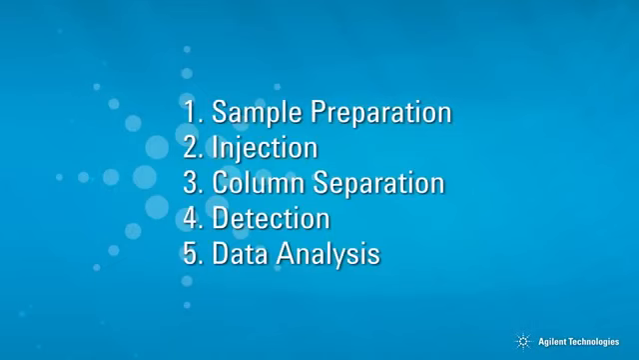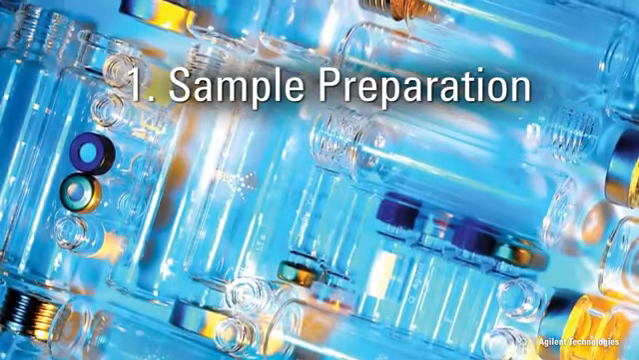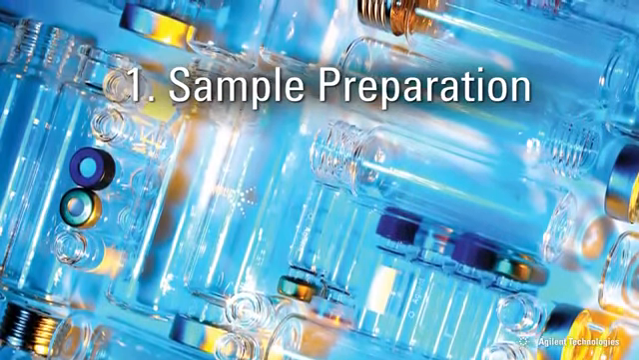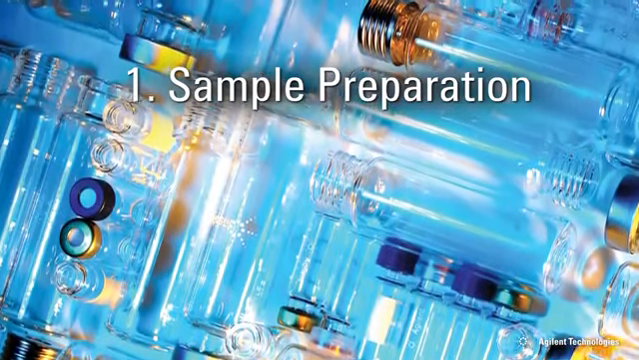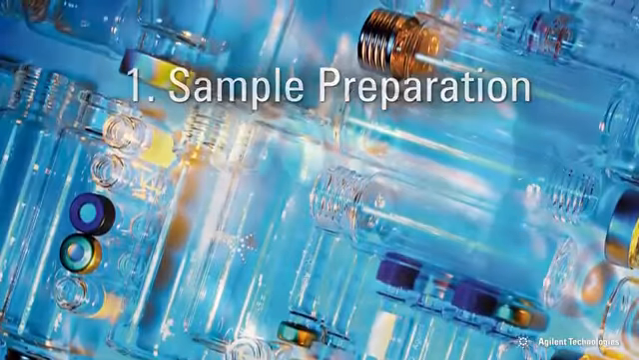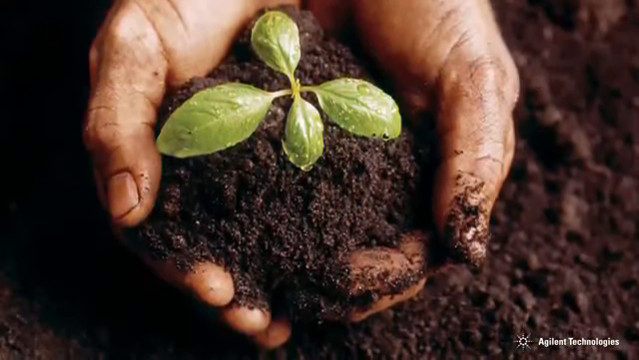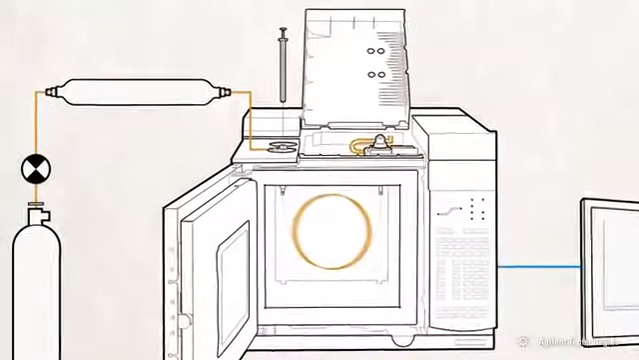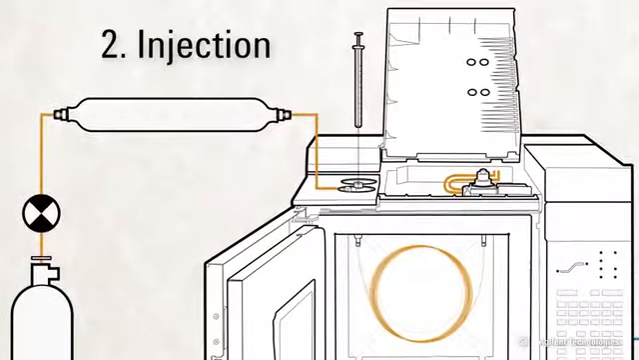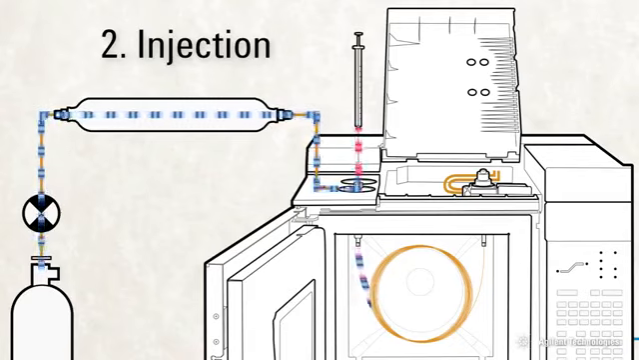The entire GC analysis cycle can be divided up into 5 steps. The first step deals with sample preparation, which is often the most time-consuming step, depending on the complexity of the sample matrix. An example of this step is extracting pesticides from fruit or soil. The injection step involves rapid vaporization of a liquid sample with subsequent mixing with the carrier gas and introduction into